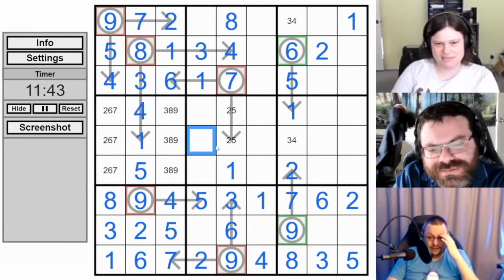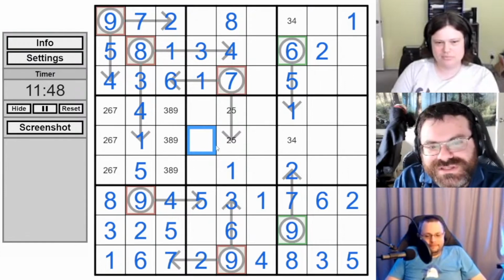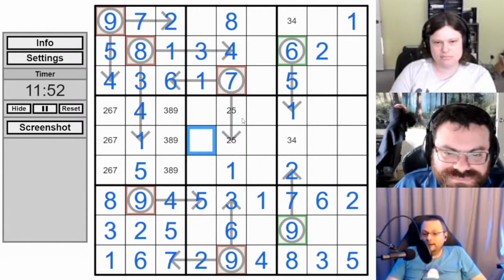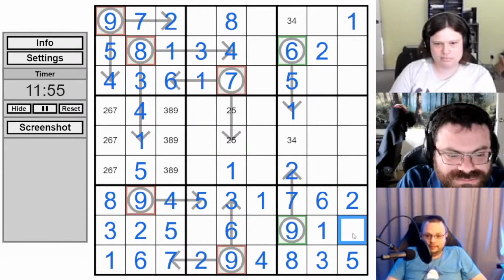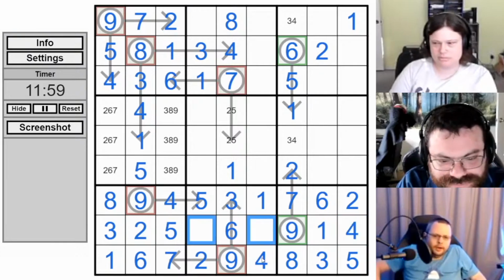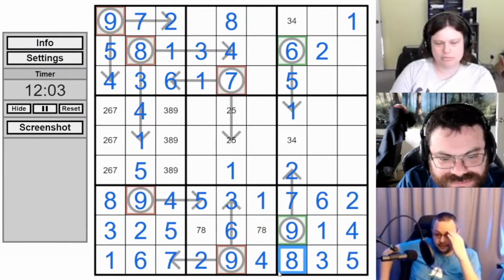Well, that's the thing with test solving, right? You specifically ignore something even if it's obvious, just to see how the puzzle feels if they don't spot it. You can finish box 9 because of the 1 all the way up there. So the 1 and whatever else is left. 4. Left as an exercise to the reader. Let's see. The 7 and 8. Yep, 7 in box 8, 2 in box 2.